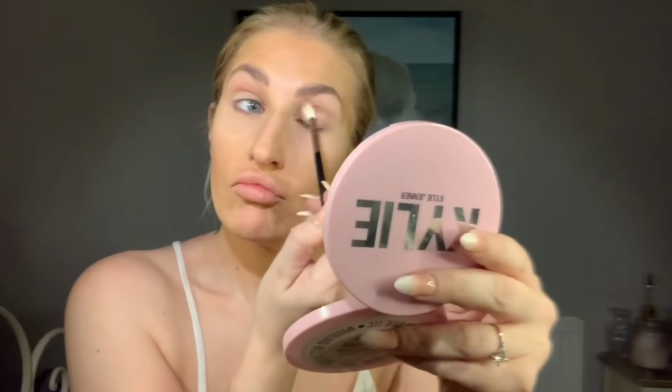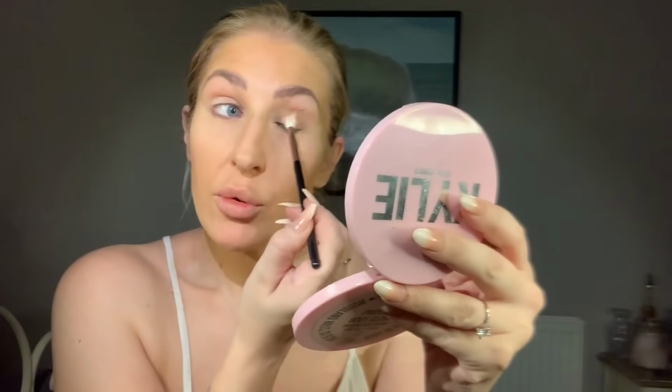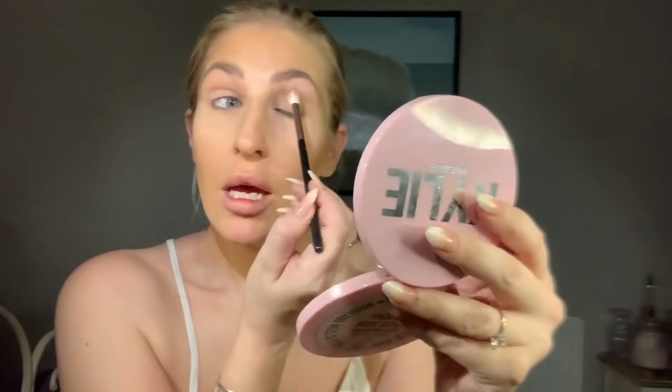I think the last one I did, didn't I do pink eyes? That's like a really strong, bold eye look. I'm just going to go for this, the kind of makeup I would wear to work on a daily basis. So I would always go for a more natural eye because I like to go, hey, check my lashes. And